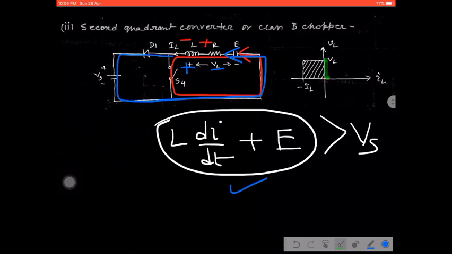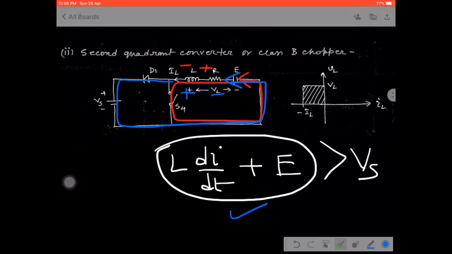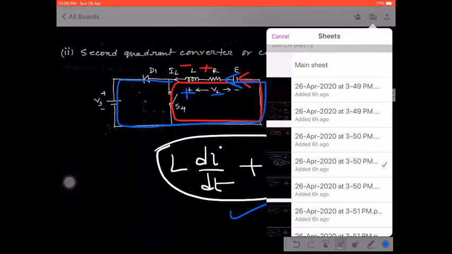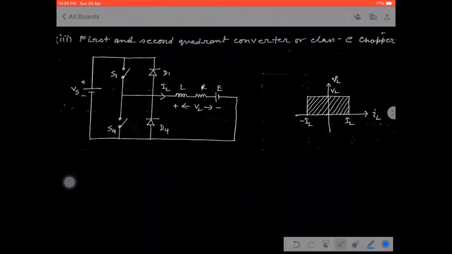That means during charging and discharging, it will cover the second quadrant operation, just opposite of class A. Class A covered the first quadrant, and here class B covers the second quadrant operation. That is why this is termed the opposite of class A chopper. Clear? Okay. Next, class C, which is a very interesting part,